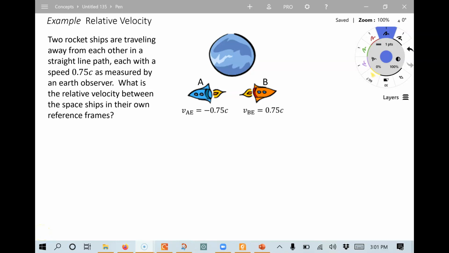Hi, this is an example problem on relativistic velocity addition from chapter 28. Pause for a moment to read the question. So in this case, we're told that we have two spaceships. They're both traveling, as observed by someone at rest on Earth, at 0.75 c speed, but they're going in opposite